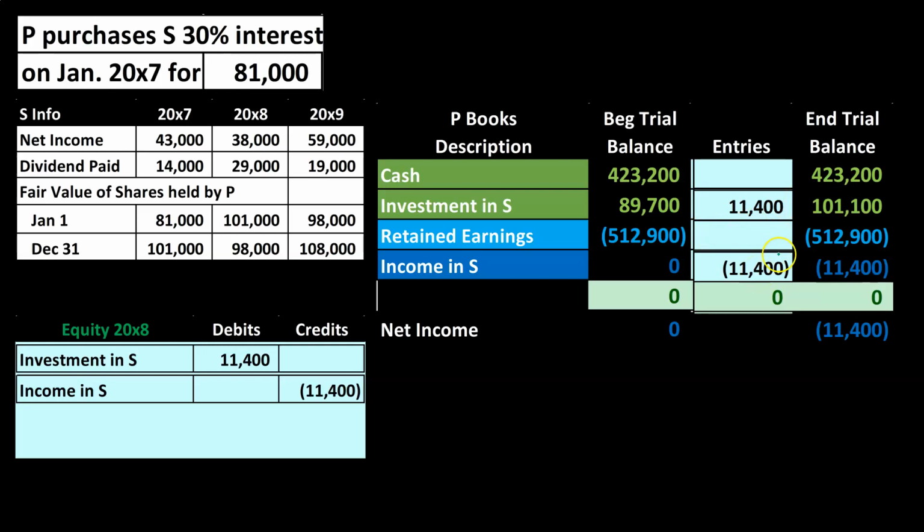So the investment goes up and the income goes up. So this is revenue, not a loss. This is a credit down here. We have net income increased by the 11,400. Even though we have not yet received it, we're representing our full 30% of the net income that has been